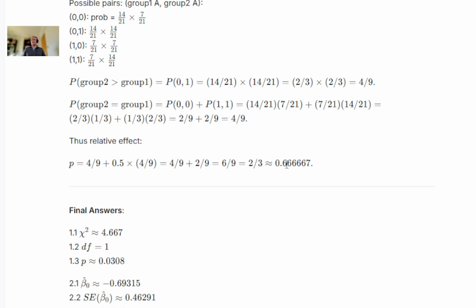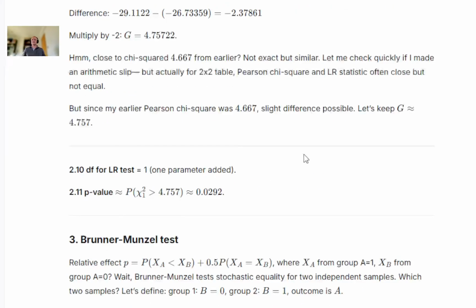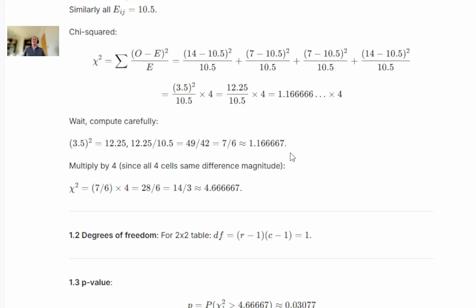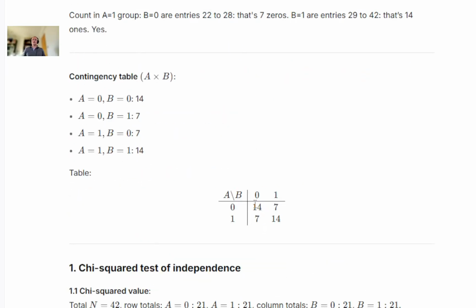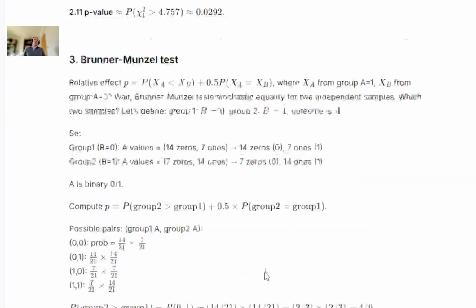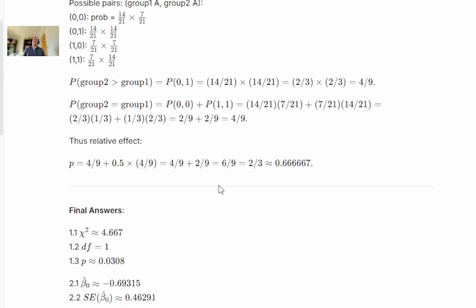And so if you have this kind of symmetry, so in this case I will show it again. If you have, where is that table here? This diagonal is the same, and this diagonal is the same, then you can show that the relative effect times 2 and then minus 1,